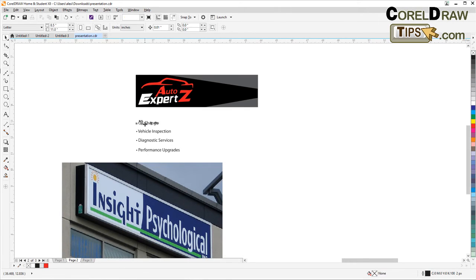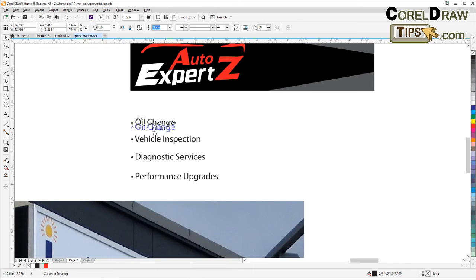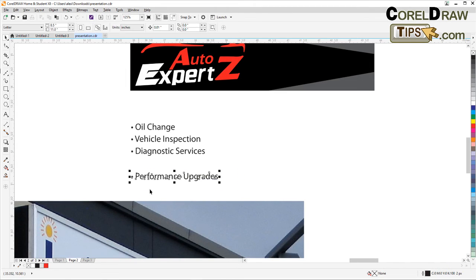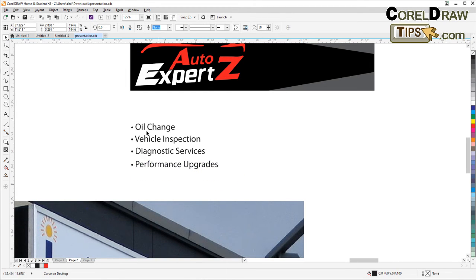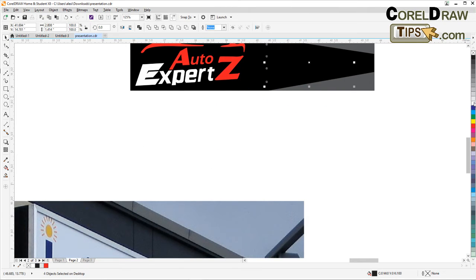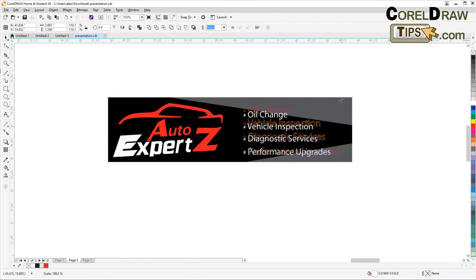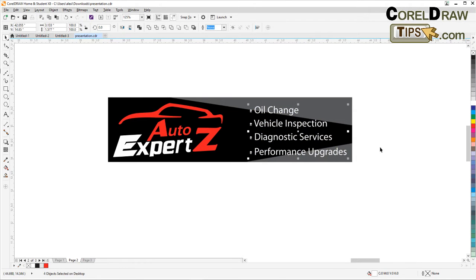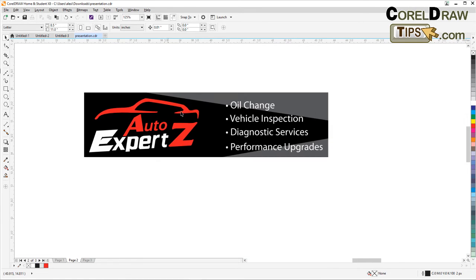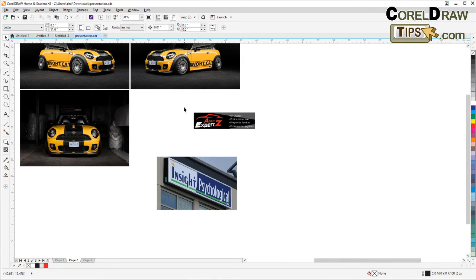Then this one I'm going to just adjust the spacing. Then I'm going to put this here, and I'm just going to make that white. Shift Page Up to put it to the front. So for example the sign looks like this. Now you can present it this way, but it's also nice to present it